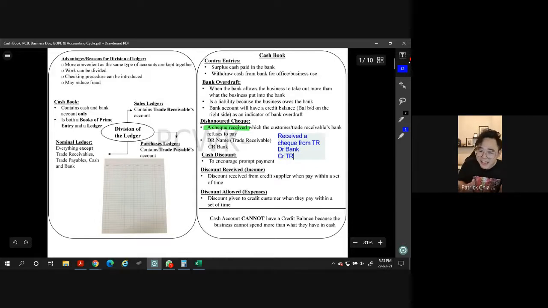Now, the thing is, guys, when you record in the cash book, does that mean we already got the money? I'm talking about real money being transferred, the real money going into our bank account. I'm not sure how many of you have a bank account, and have received a check before and stuff like that.